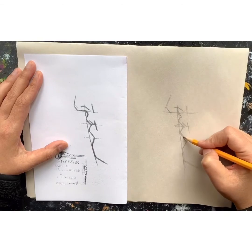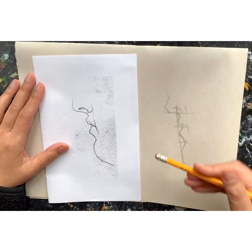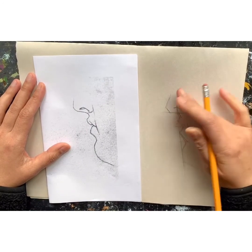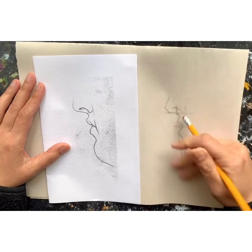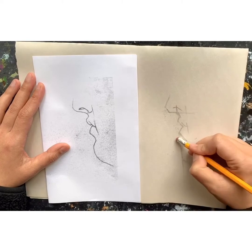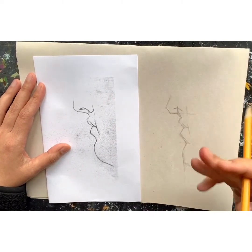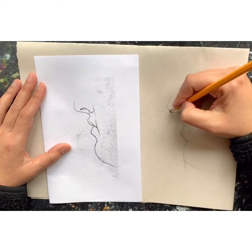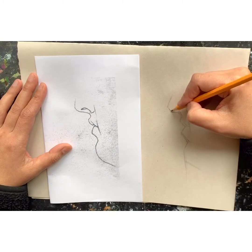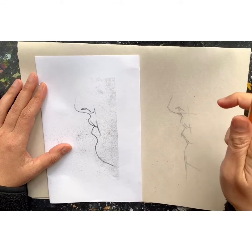Okay, I think that was the last mark. Now I'm going to get detailed and specific. At the beginning, you're just focused on measurements, and now we can actually make these angles into curves. We'll start at the top for the nose. We do a little microsurgery, take it out with an eraser, your best friend,